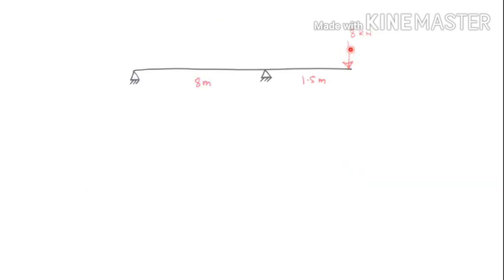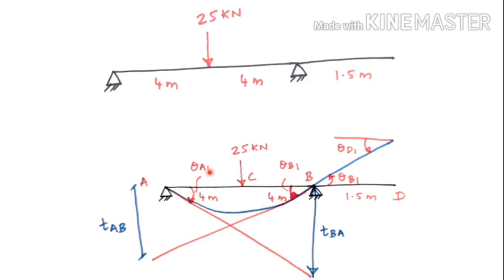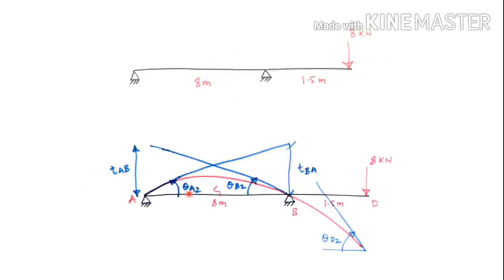Here I'm defining theta D1 and theta B1, because this is the first load. For the second load I will be defining 2, and you see this load is acting on the overhang part of the beam. So the overhang part will be deflected like this. The slope will be increasing from B to D. It's not constant; from B the curve is moving upward, and this deflected curve will join joint A, because joint A does not have any vertical deflection.